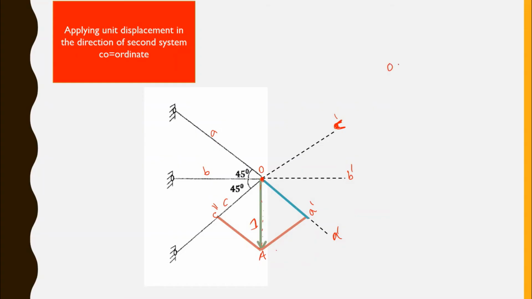Here the lengths of the Williot diagram for members A, B and C are OA dash and OB dash. Here OB dash will coincide at O itself, so we can say it is 0. And for OC dash, it is coming at OC double dash, since we cannot draw a perpendicular from this point to this line, so we are drawing a perpendicular to this member line, which will coincide at C double dash.